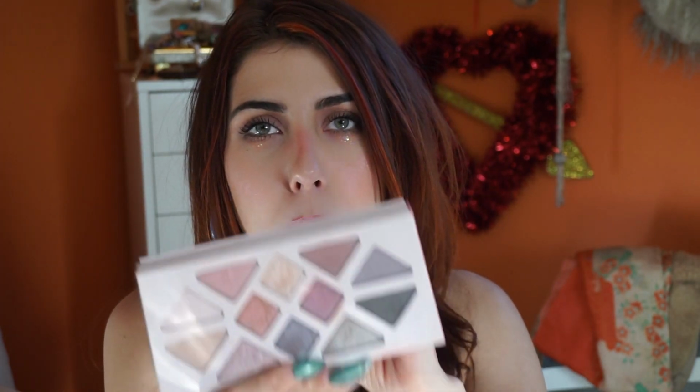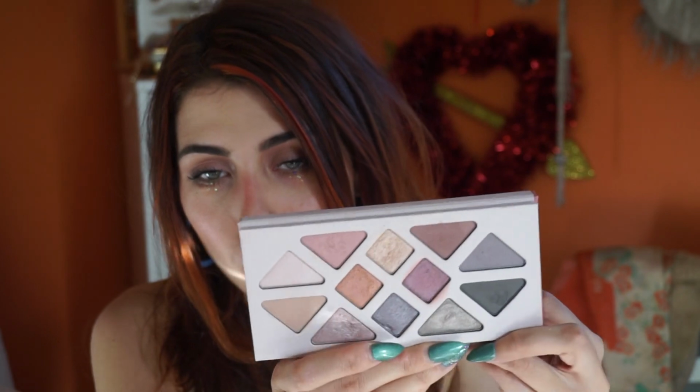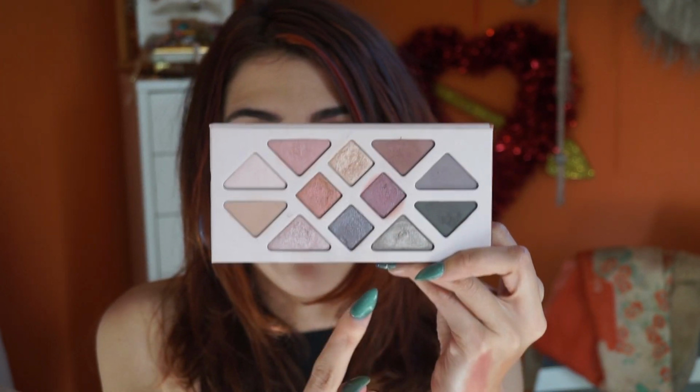And this is the Rose Quartz palette. This one is still available. It is beautiful. You get some really cool metallic shades here in the center that I've enjoyed playing with this year. I've done review videos on these on Integrity Botanicals, so I will link those for you down below if you're curious. This one's just a little bit more on the cool tone side, so you know that's not always my